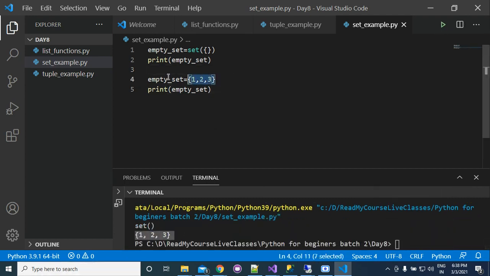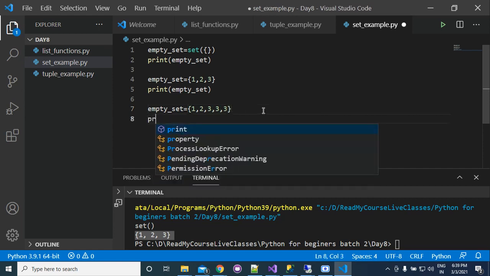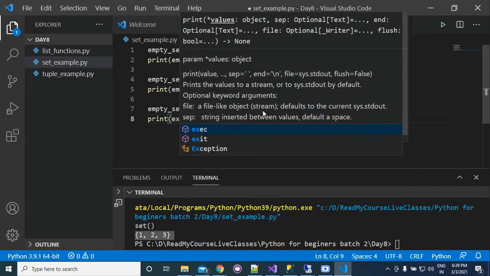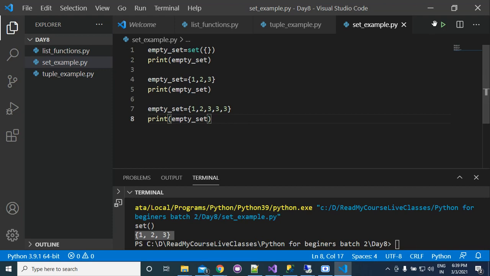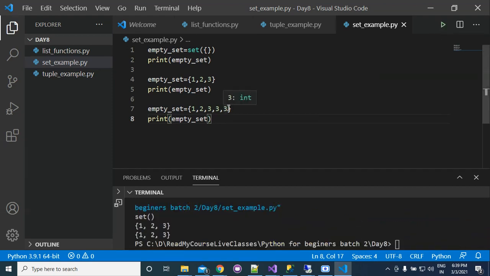What will happen if you are defining a set and you add a particular element more than one time? If you print your set, it will count the element only one time.